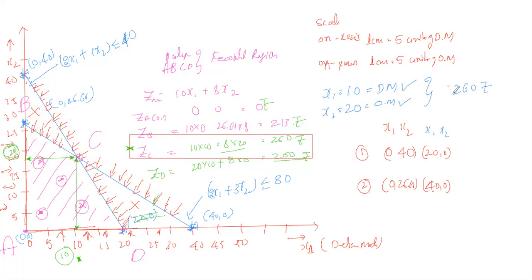So this is the maximum among the profits. Here 200 is also a profit, 213 is also a profit, 260 is also a profit. Among these, OR, that is operation research, will give you the optimal solution. Like that we need to find the solution. By plotting the graph, first you need to take the equations, write down the arrow marks depending upon the inequalities, and find out the feasible solution.